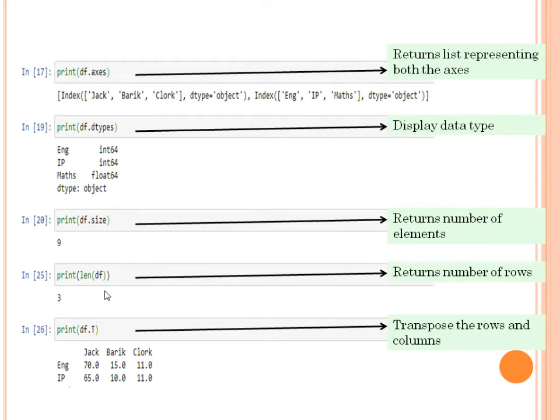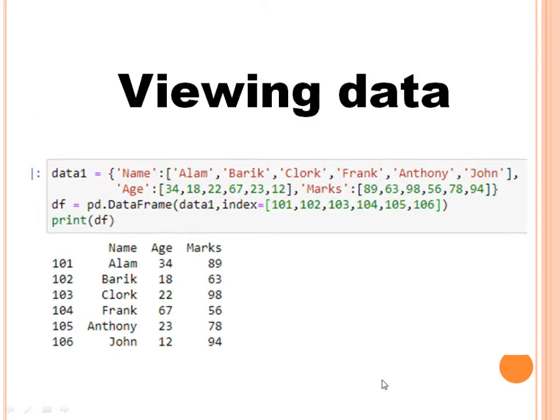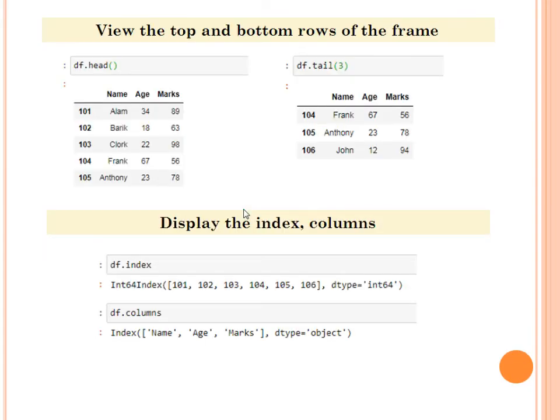Now displaying of data. So children, see the sample data here. I have created a dictionary with name, marks and age again, and I have changed the index numbers from 0 to 5 to 101 to 106 with the help of this parameter index. Okay, now see how to view the top and the bottom rows of the frame.